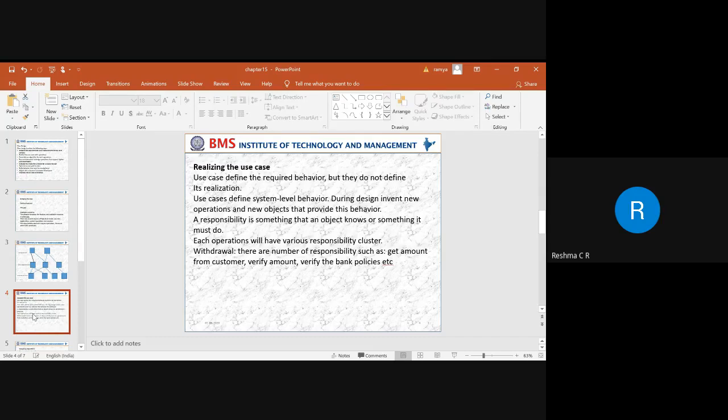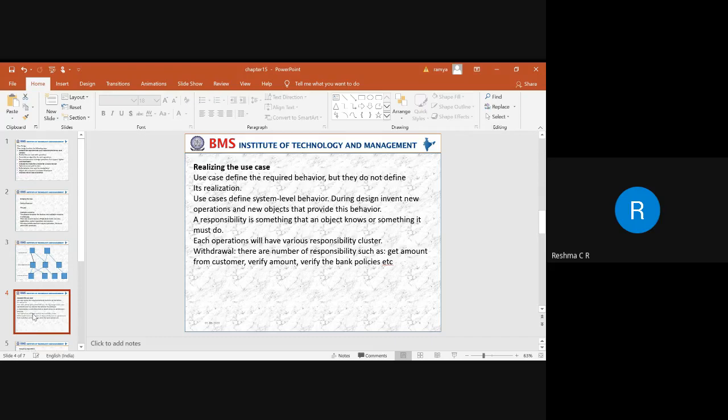After verifying the account balance, the amount has to be drawn. Next, verify the amount is within the bank policies. Then verify whether the ATM has sufficient cash, whether it can dispense the funds, and whether it can debit the account. All these things are examples of responsibilities.